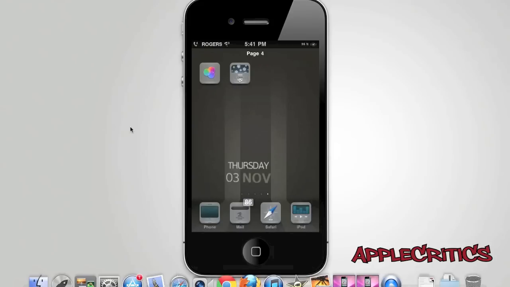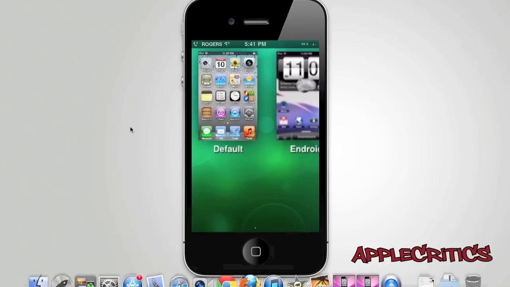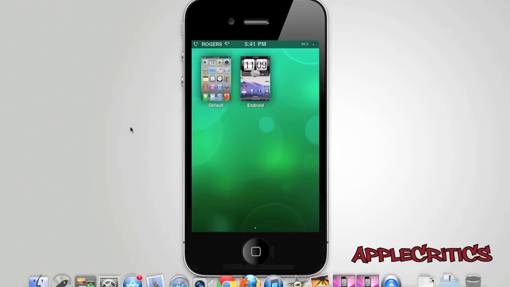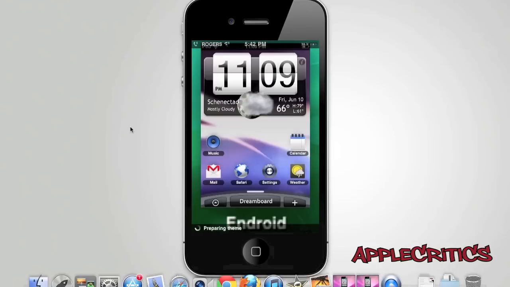Moving on to DreamBoard, once you tap on the icon, you'll see that it says preparing theme switcher at the very bottom, and you have a very nice animation. You see that you have a nice transition from your actual home screen into the DreamBoard app, and then you have the background wallpaper as well, and you get one free theme with DreamBoard, which is very nice once again. So once you open up DreamBoard, you see that it has that nice transition,